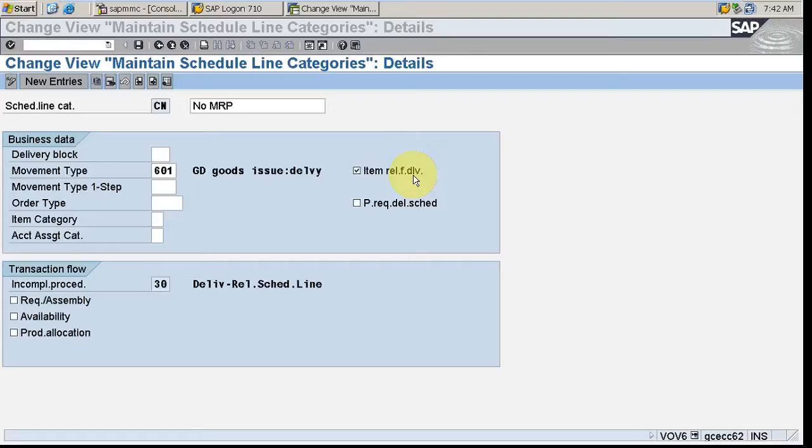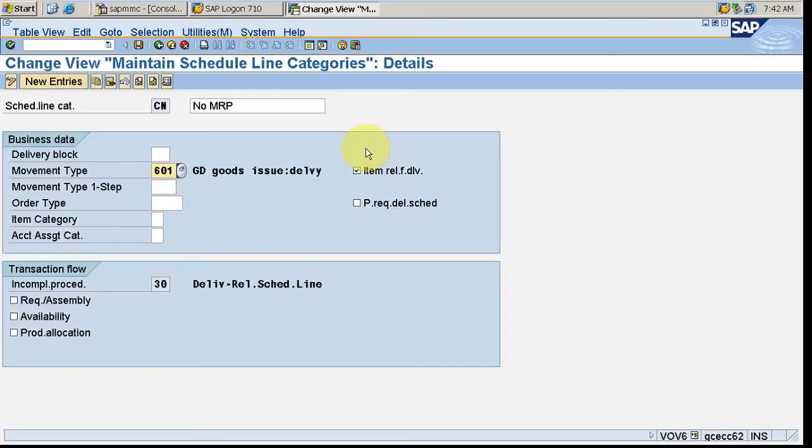We are delivering the goods, but we don't want to reduce the stock until we sell the goods. So in those cases, only a few item categories would have this relevant, not all item categories.